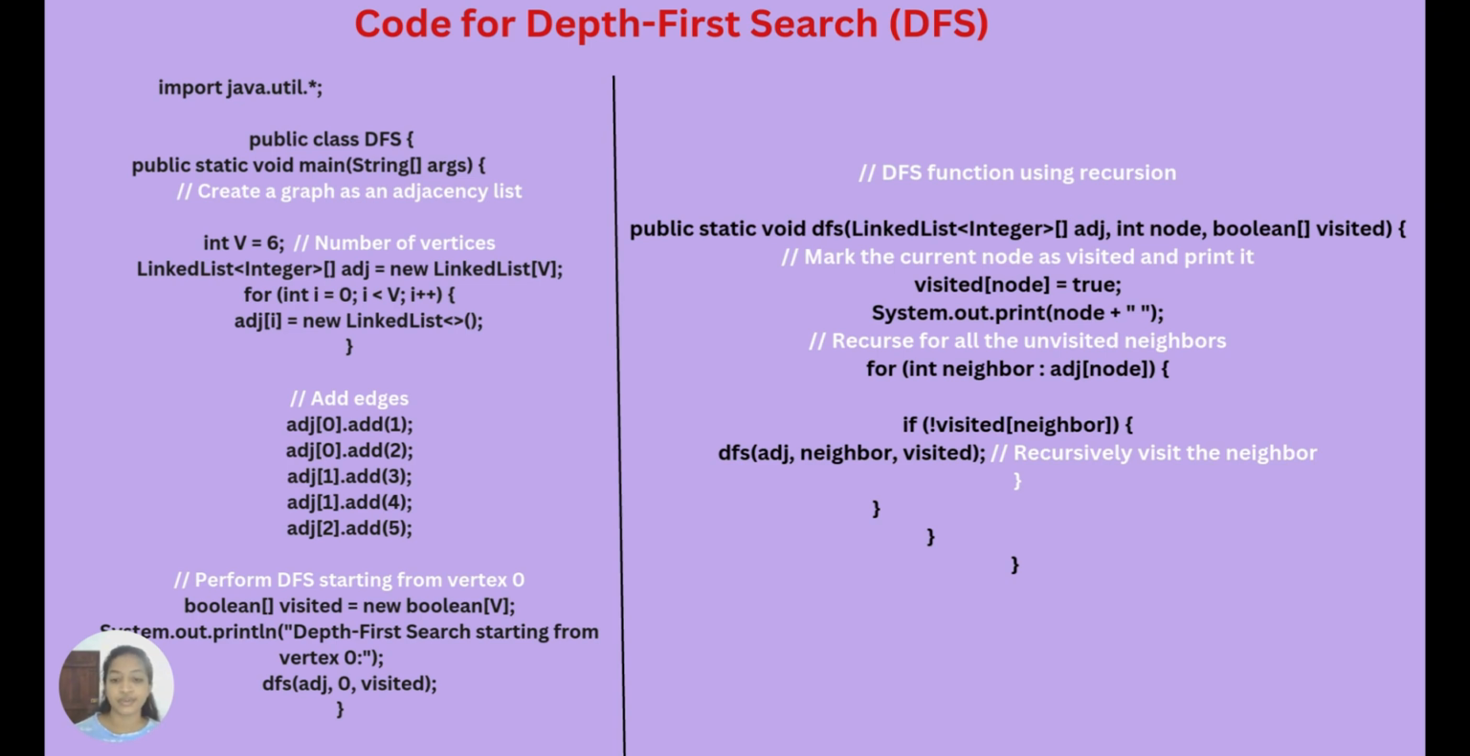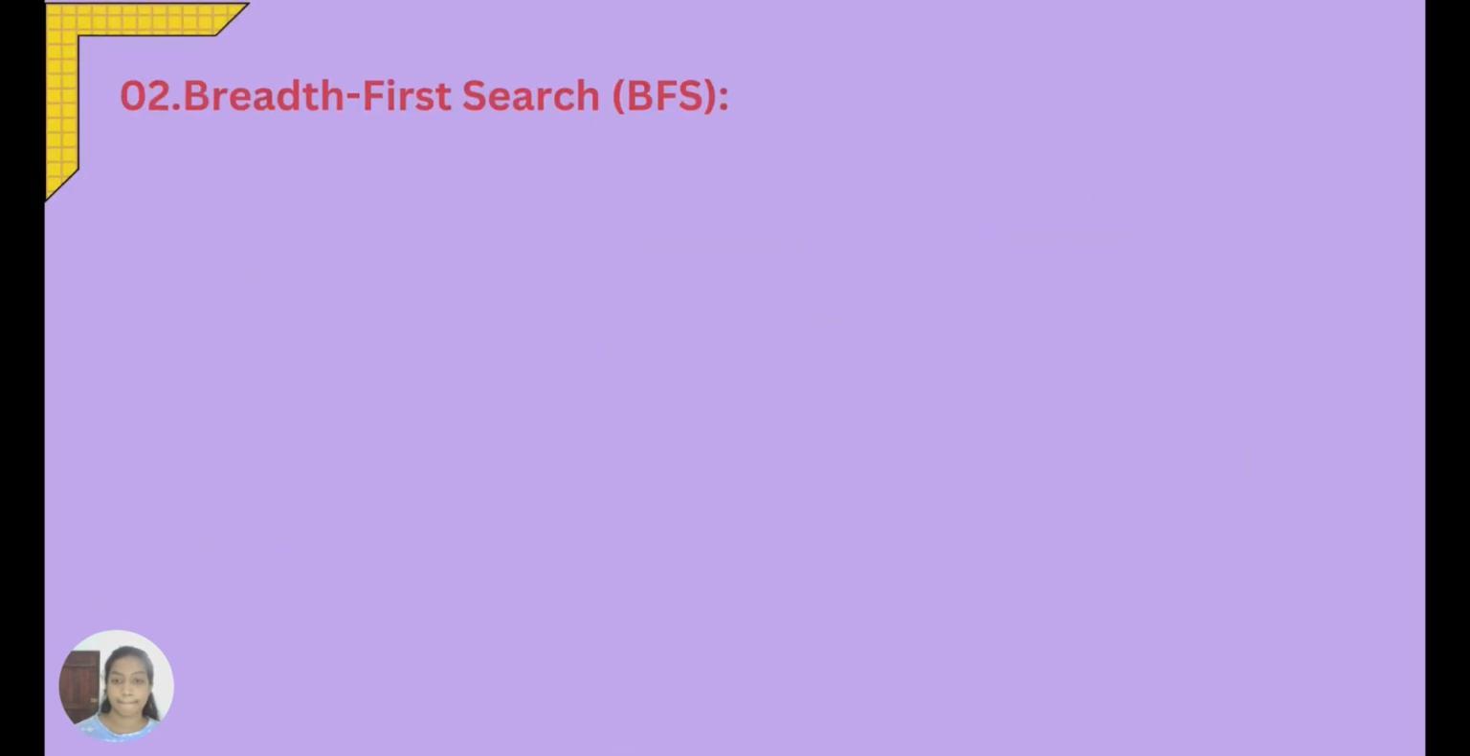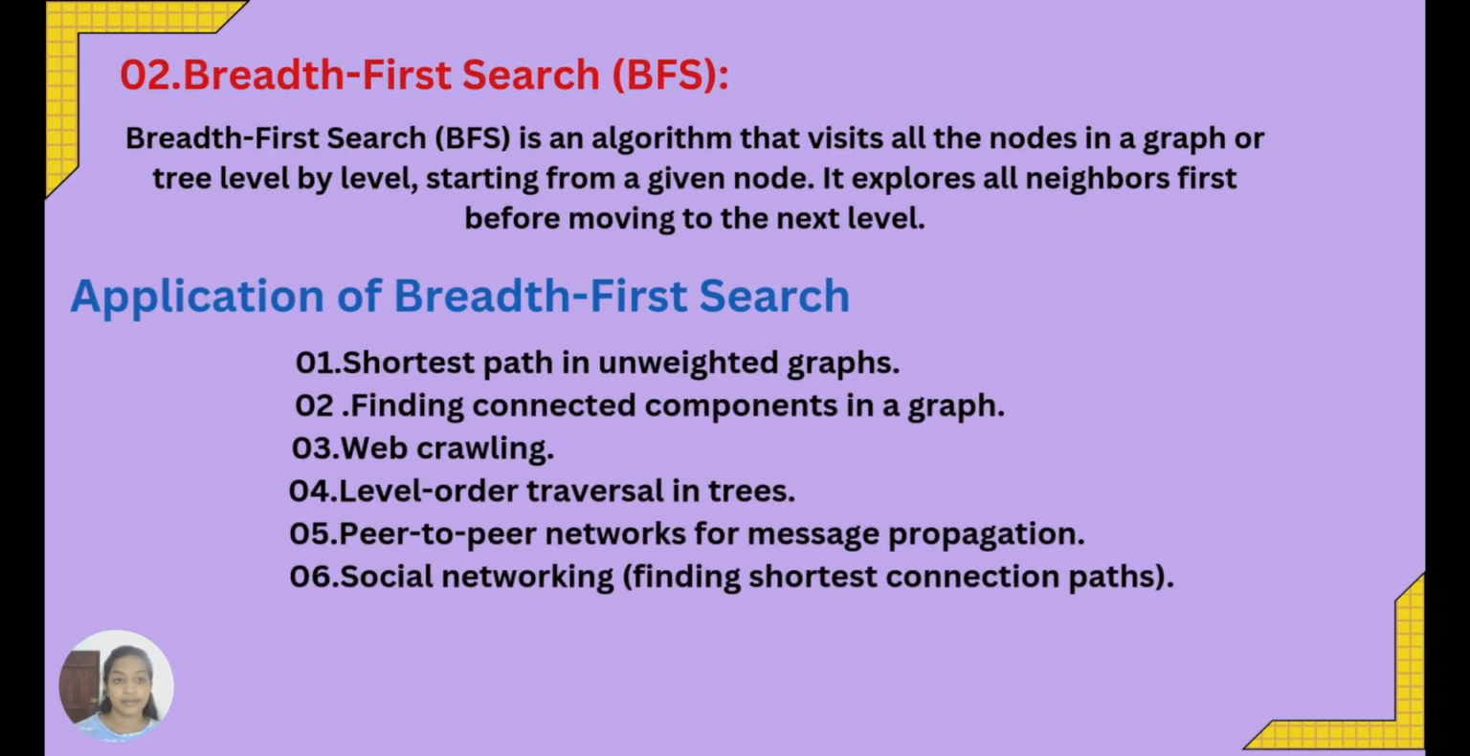So now we move to breadth first search. Breadth first search is an algorithm that visits all the nodes in a graph or tree level by level. It starts from a given node. It explores all neighbors first before moving to the next level. Applications of breadth first search. First one, shortest path in unweighted graphs. Second, finding connected components in a graph. Third, web crawling. Fourth, level order traversal in trees. Five, peer-to-peer networks for massive